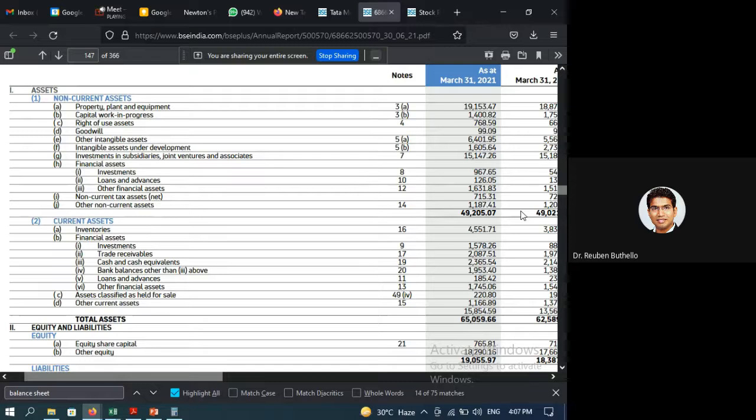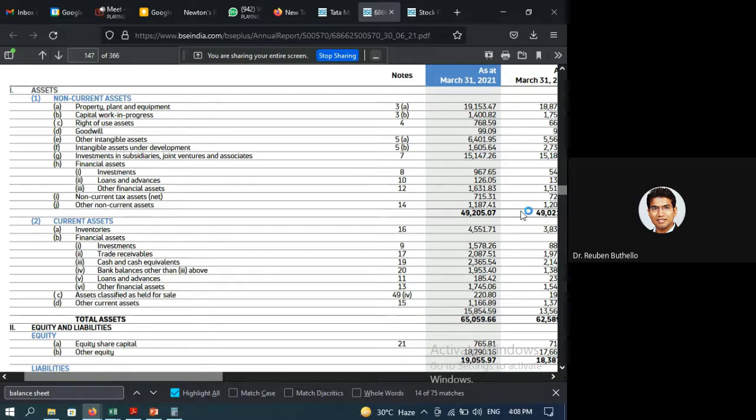Also, I may have a plan to set up another factory. Today I have a factory in Pune. I may have a plan to set up a factory, suppose in Chennai. So for that, I need around, say, how much? Say 500 crore, 1,000 crore. So what I will do is some of the money which I have right now, I'm going to put in long-term assets. I'm going to keep for a long-term asset. And if you look at my non-current financial asset, point number H, in H, there is financial assets and there is sub-investment I1 investment. You'll see there's 967 crore mentioned over there.